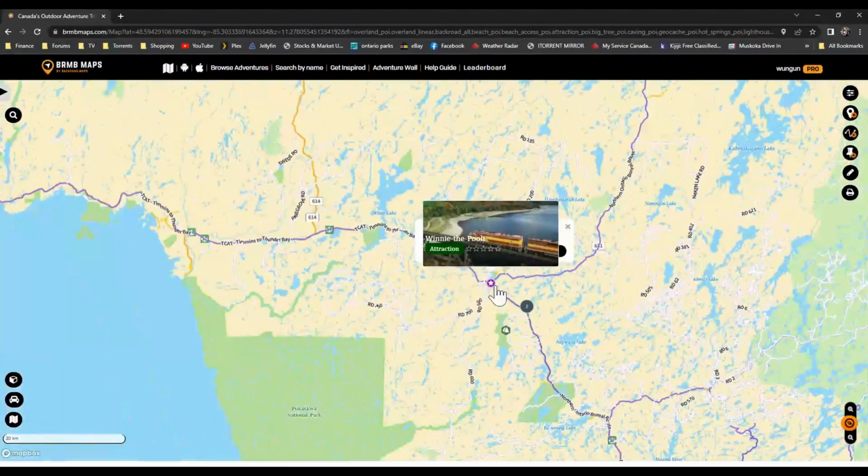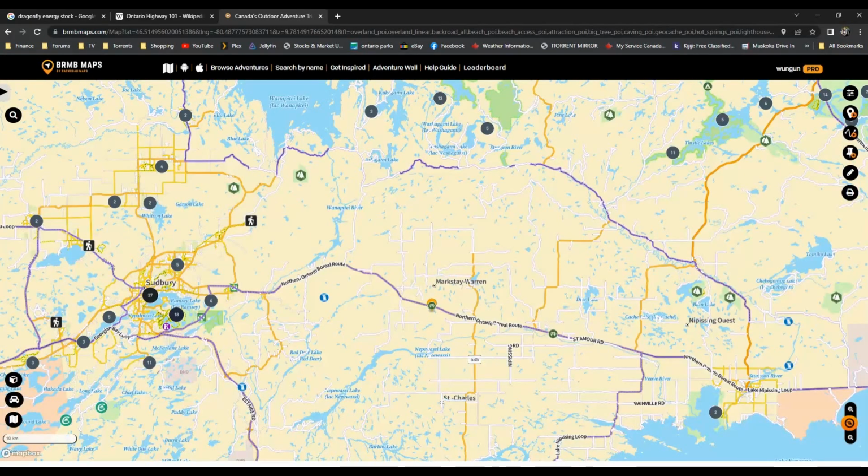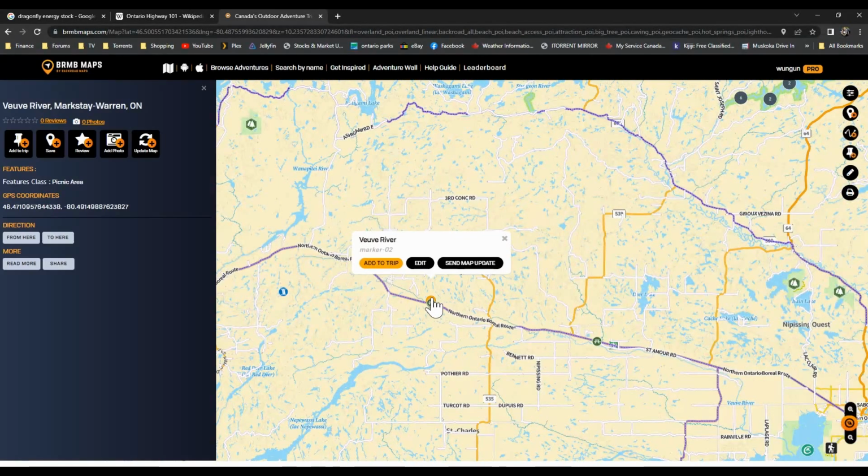Zooming way out on the map, you can see the camp marker displayed on the base layer, and you'll no doubt see it later on while you're driving the route with your phone. So now that we have the trip planned, we need to create a set of directions to get us there from our home location. For this example, I'm going to use the rest stop at Venue River as our initial